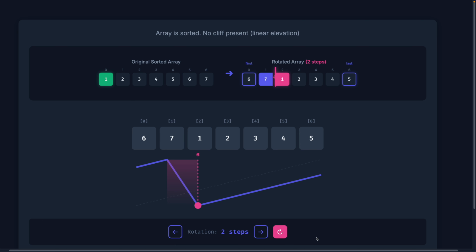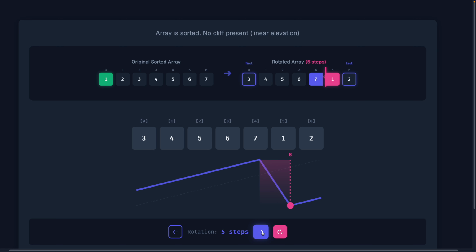Here you can see there is a cliff at index 2. Mid is at index 3. And because mid is greater than the right, we know for sure that the minimum element is in the left half of the array. Similarly, if min is now at index 5 and mid is at index 3, and